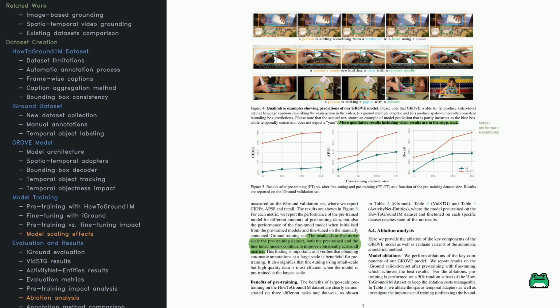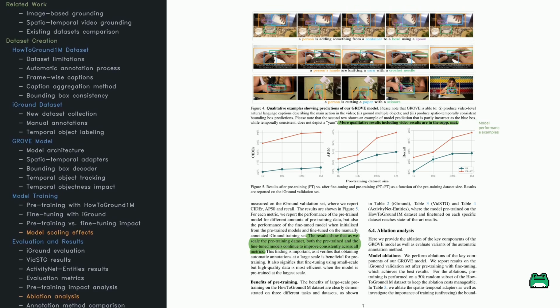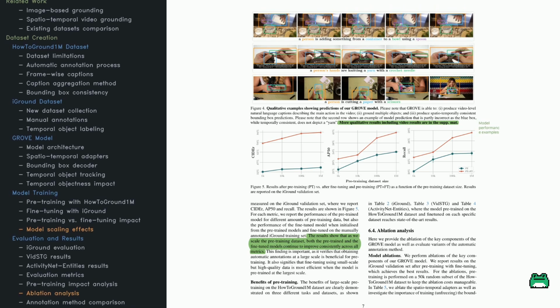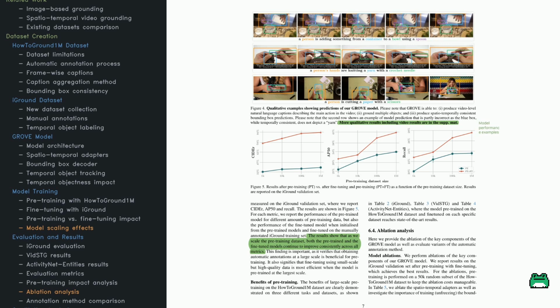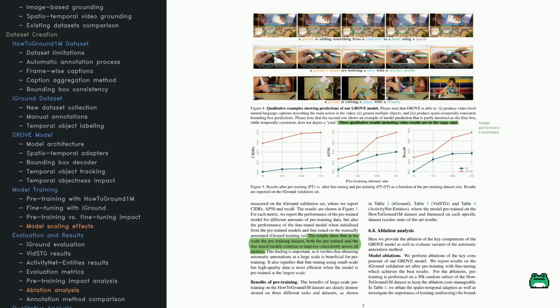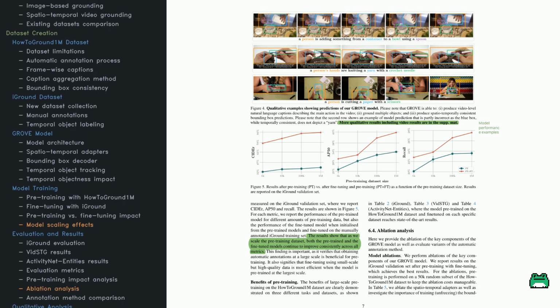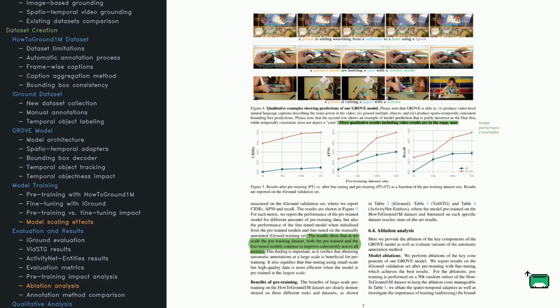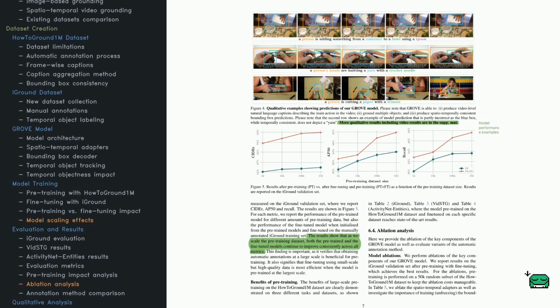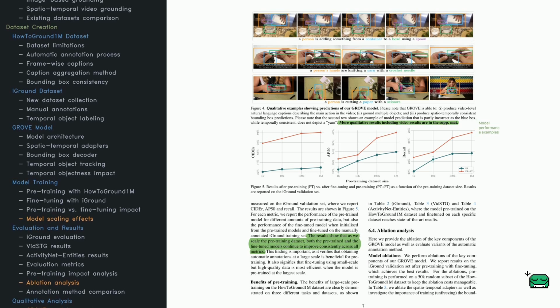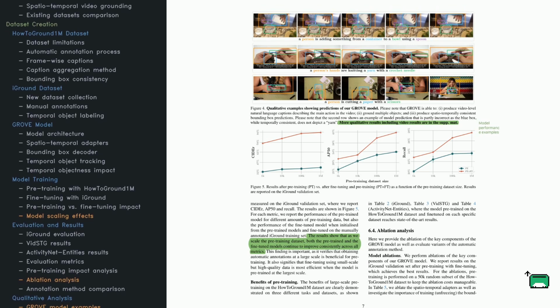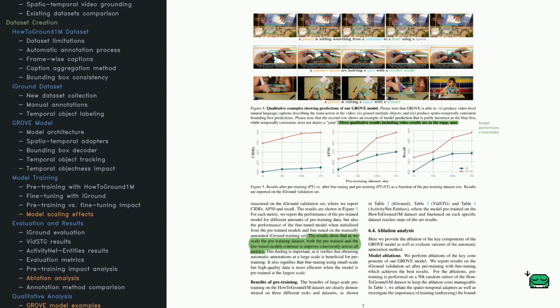One example shows the model labeling an item as yarn, which doesn't exist in the scene. It's a reminder that no system is perfect. Then check out Figure 5, which shows how performance scales with different dataset sizes, ranging from 1,000 to 1 million videos. You can see improvements across metrics like CIDEr, AP50, and Recall as the amount of pre-training data increases. But notice how fine-tuning on a quality dataset is crucial. Just throwing more data at the model helps, but it won't match the results you get when you refine it